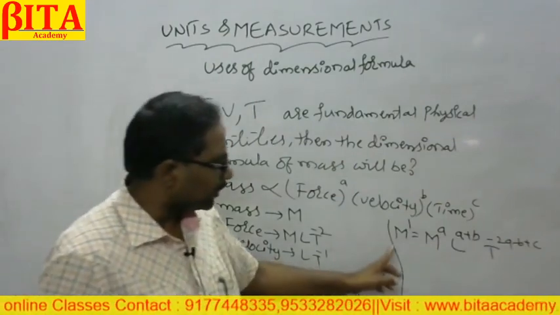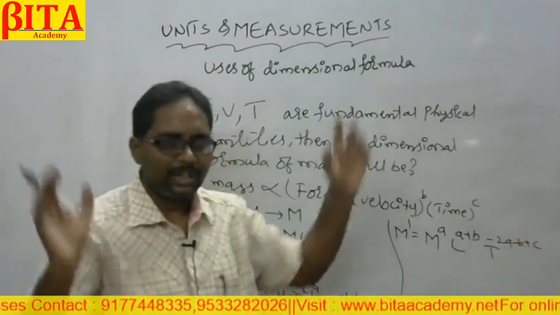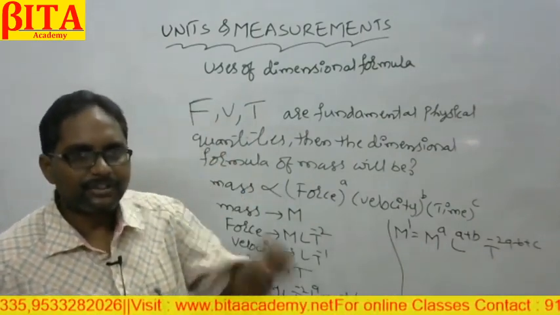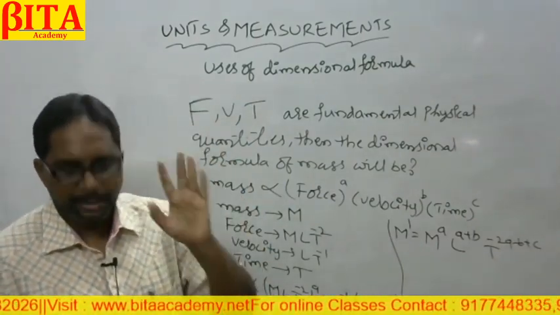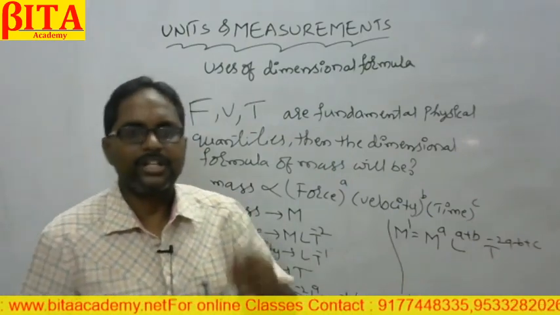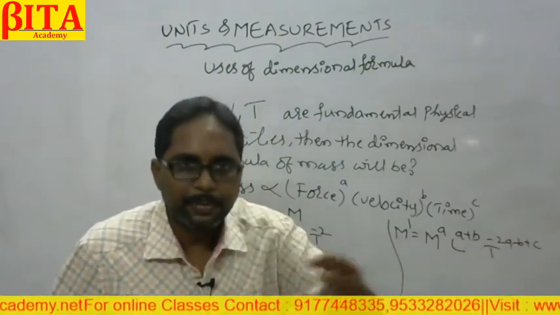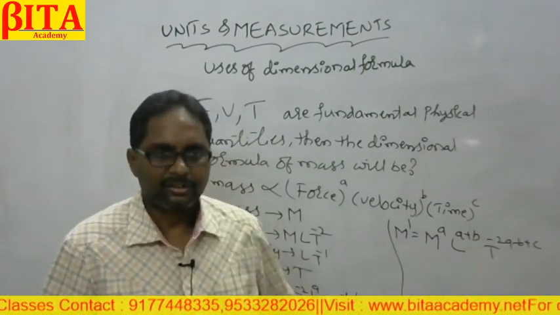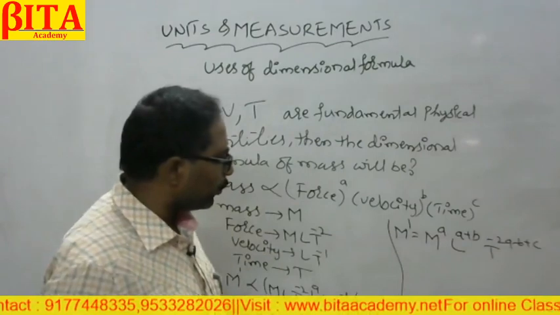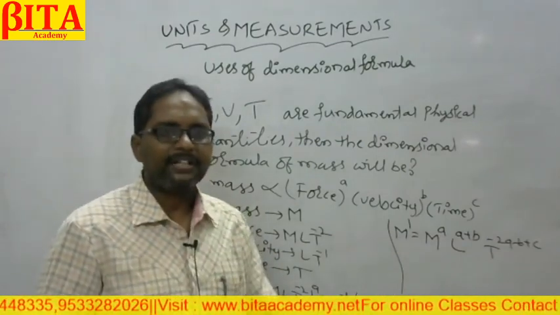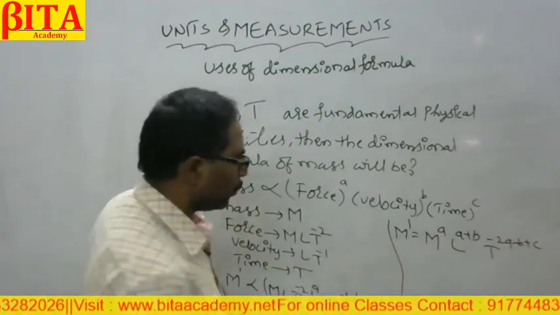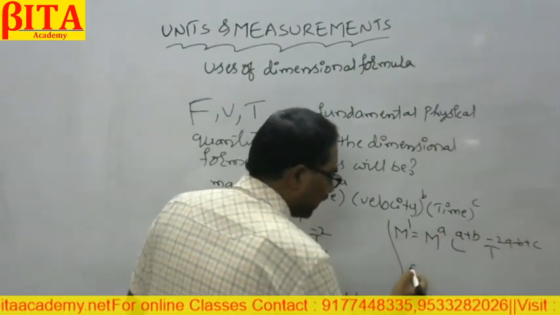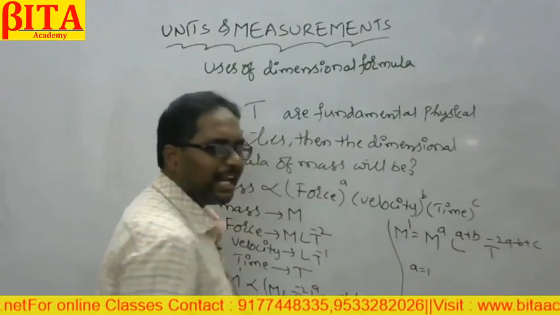Now here mass, length, time, three terms are there. Now what we have to do is, whatever the dimensional formula is on the left side, the right side must also have the same dimensional formula, then only the equation will be right according to the principle of homogeneity. So now let us equate. First I am comparing the powers of mass. Comparing the powers of mass, on the right side a is there, on the left side 1 is there. So therefore a will be equal to 1.